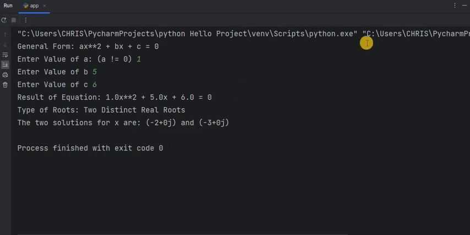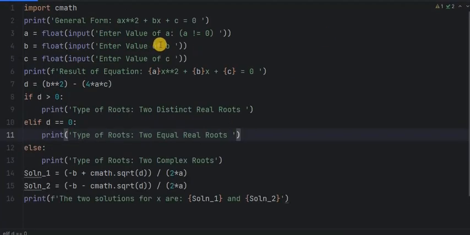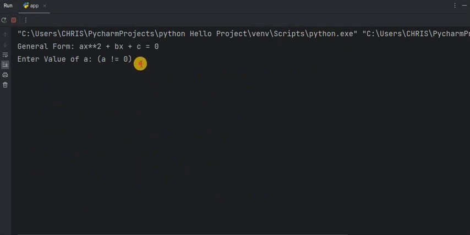I think it's okay. Now let's go back to our code. Let's go to this point. We can fix all these points here. So we have the semicolon. Now let's rerun our code. So we enter value for a, and we have here a should not be equal to 0. I could have as well put it behind this. I think it's still okay. So let's just write another equation. So we have negative